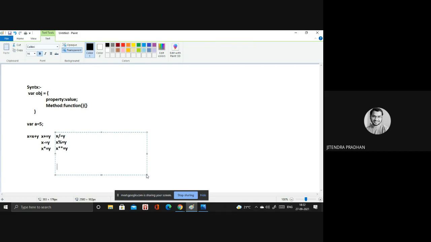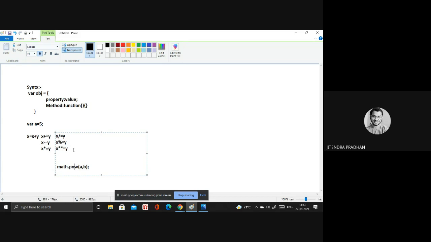This was not there. We were using Math.pow, a to the power b. Sorry, pow. Okay. So now we are using exponent, the double asterisk, so it's updated now.